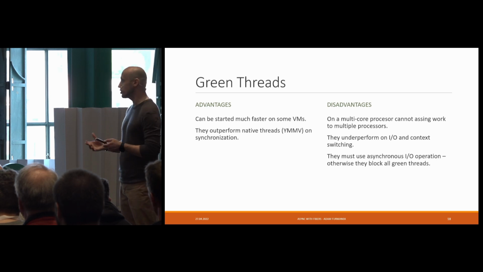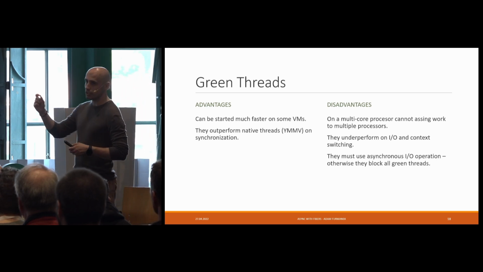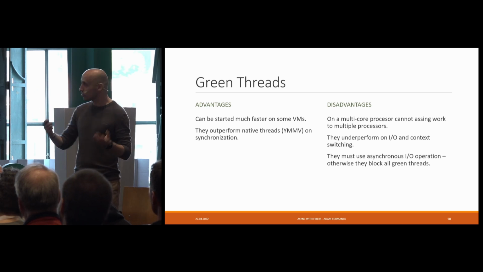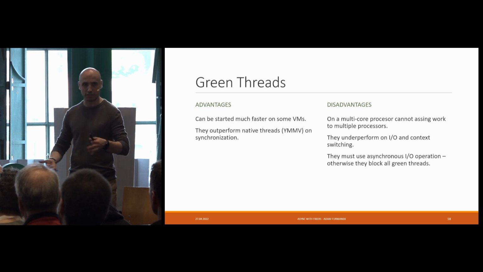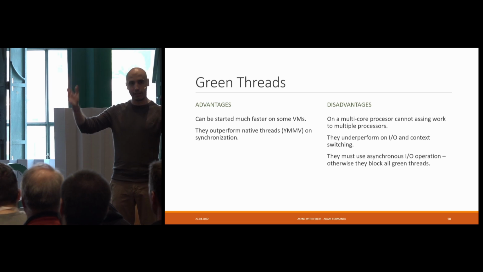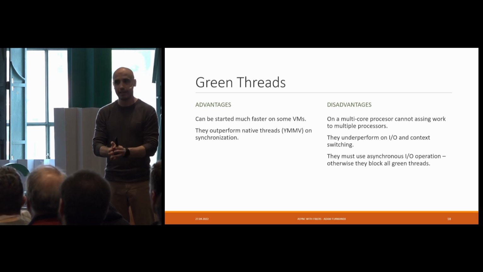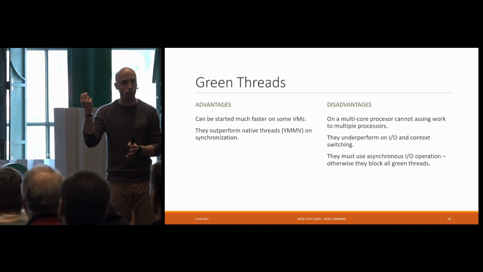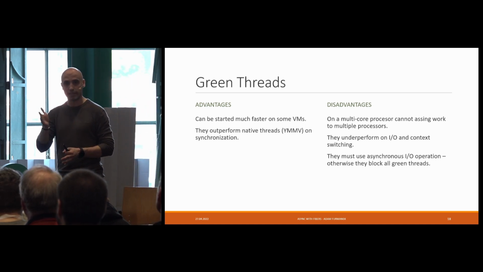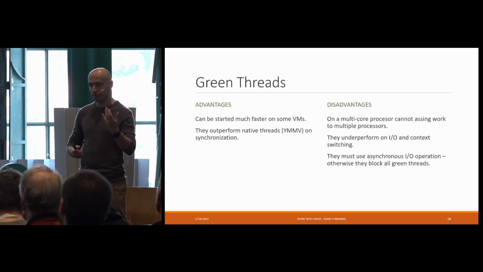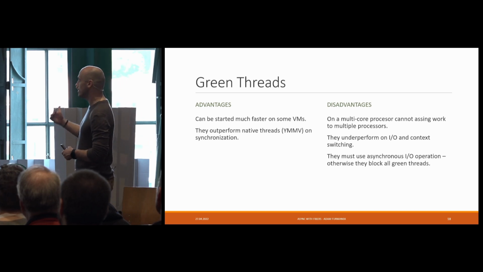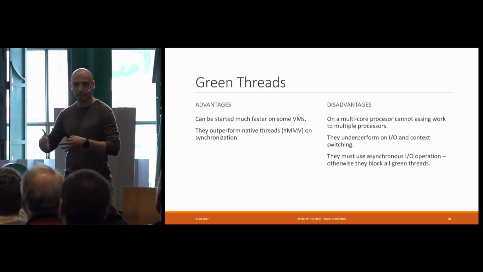However, there are also issues with that. Because we are just running those green threads on top of native threads, depending on which scheme you have, you cannot actually use multiple processors. If you're mapping n threads to a single OS thread, then at any point in time only one green thread can be executed, right? Because you are mapping to one OS thread. You cannot get true parallelism with this mapping. You need to go with something slightly more clever, but generally the outcome is you cannot get full parallelism this way.